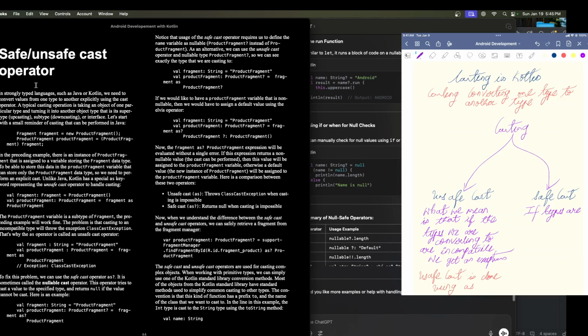Returns null if types are incompatible. So safe cast is done using